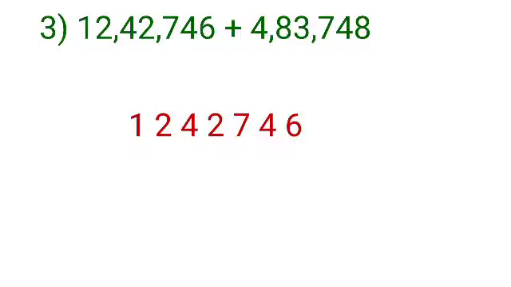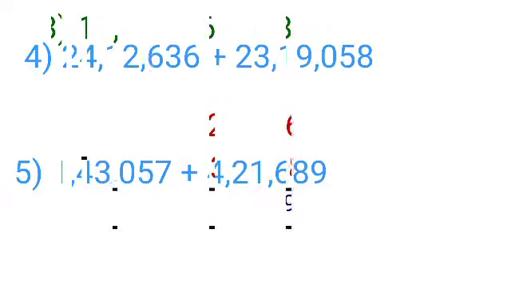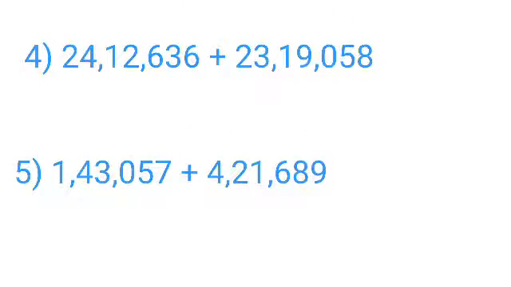Now I have written it. If you want, you can solve directly. No need to prepare the table also. You can add the numbers directly. But the compulsion and the important thing is you have to write the correct digit in the proper place or in the correct place value. Plus sign, then underline. Now you have to add both the numbers. Now these two sums you have to do on your own.